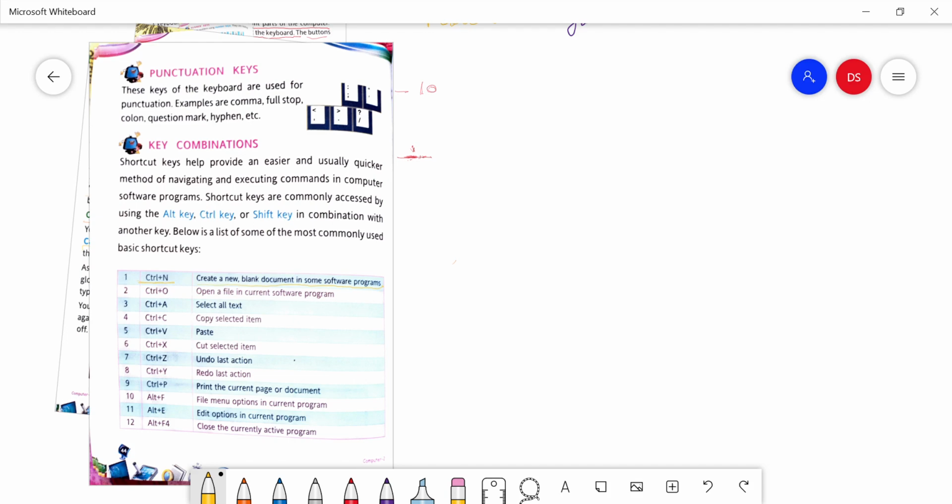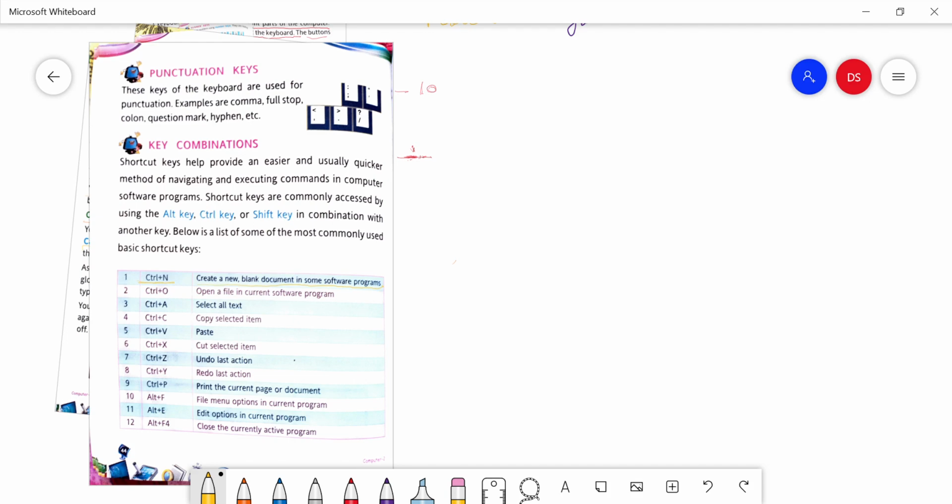As I am telling you, we have typed one line and we want that line in 5 different places, so we can copy that particular line which we want to move to another place. We will select and highlight that particular line, and we can copy it from one place to another by pressing the key combination Control plus C. Then we have Control V.